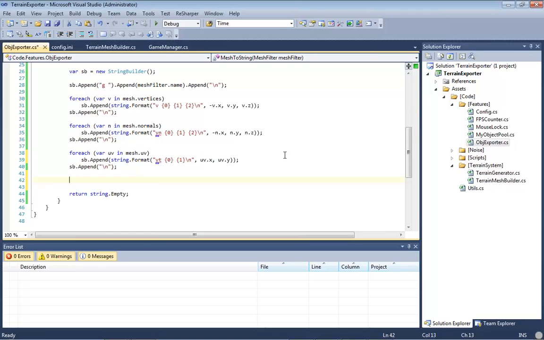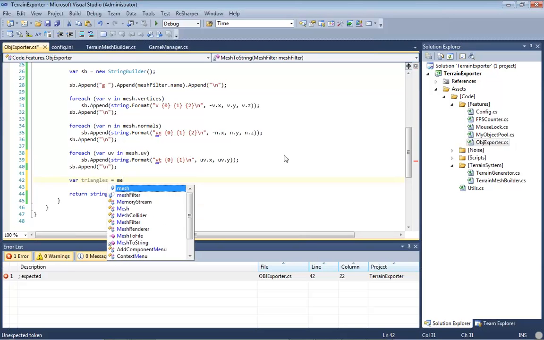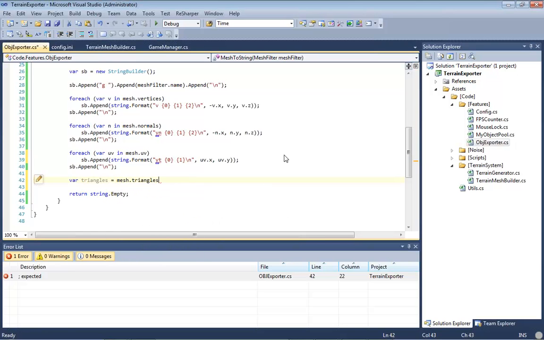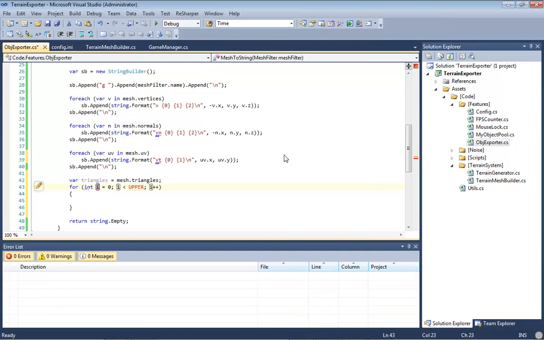All right, next step. We need a new array. So this will be int array, and I will call this triangles. And let me think about this. How do I want to do this? Just do var triangles equals mesh.triangles. And we're going to use a for loop instead of a foreach. So for i equals 0, we're going to go to triangles.Length,